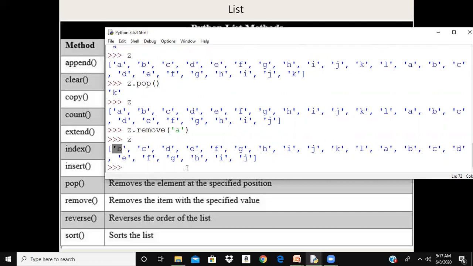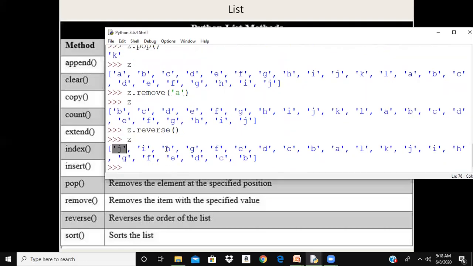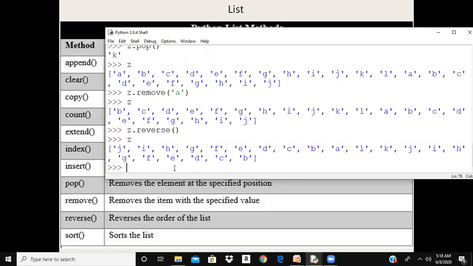Reverse. I want to reverse all the elements in the list, then Z dot reverse. So if you look at Z now, you can see that the elements in the list are reversed. Sort. We can sort the elements.